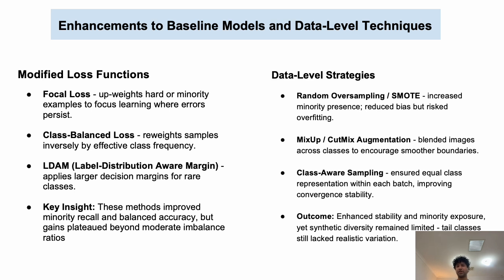Coming to mixup augmentation, what it does is blend images across different classes to encourage smoother boundaries. And also class aware sampling, what this does is it ensures equal class representation within each batch, which improves convergence